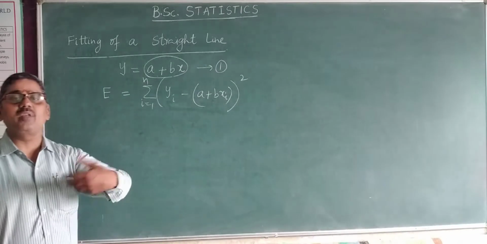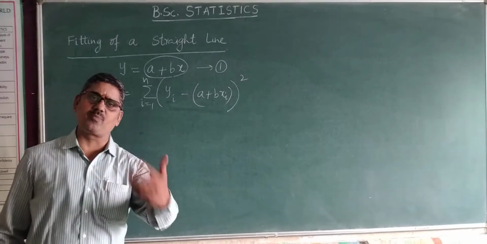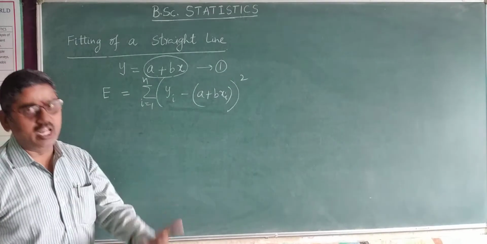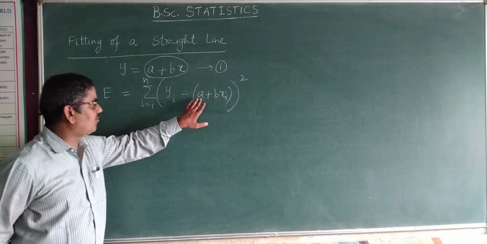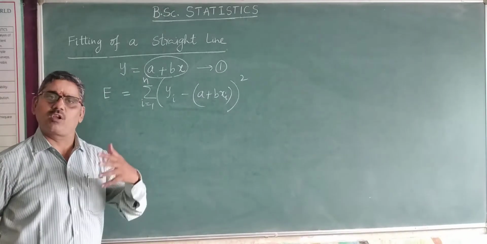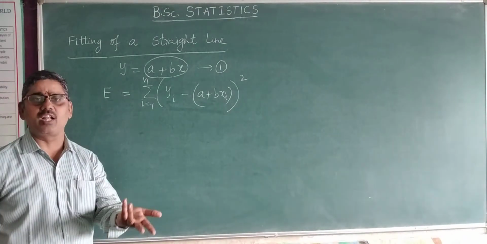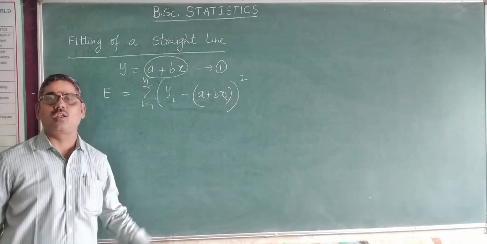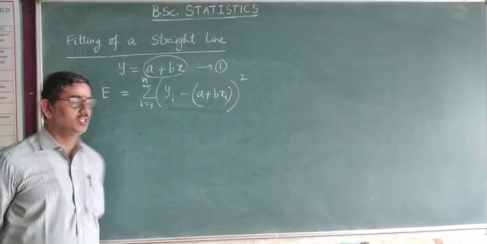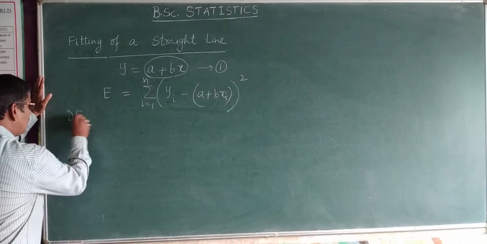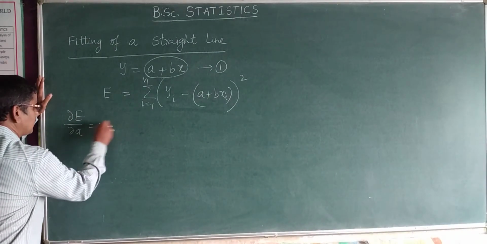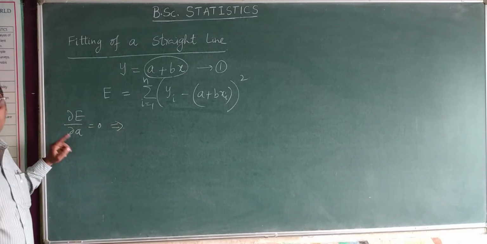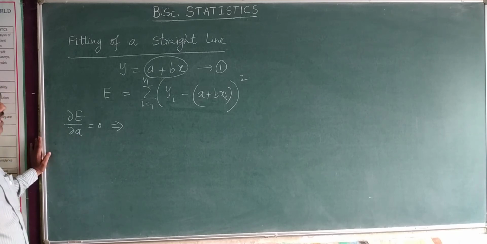Now we have to minimize this by using the simple principle of maxima and minima. We obtain the values of the parameters a and b. That is, by minimizing e we can obtain the values of a and b, right? Which gives the best fit. That's all. I don't speak much more. So therefore, del E by del a: by using the principle of maxima and minima for the parameter a, differentiate with respect to a and equate to 0, and you will get the respective value.